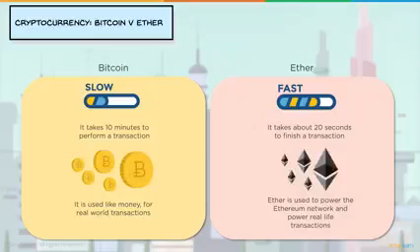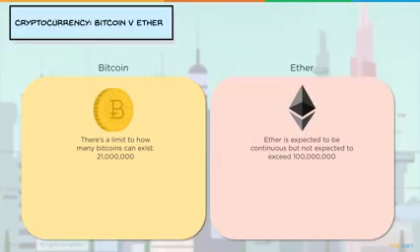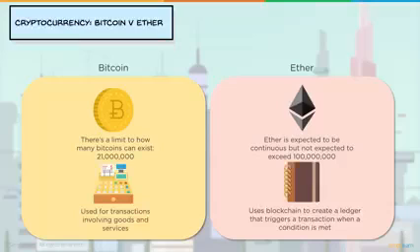Bitcoin is used like money for real-world transactions, and Ether is used to power the Ethereum network and real-life transactions as well. Ether is used as fuel within the Ethereum network to power both of these things. There's a limit to how many Bitcoins can exist, which is 21 million. We're supposed to hit this number by the year 2140. Ether is expected to be around for a while, but not to exceed 100 million units. Bitcoin is used for transactions involving goods and services, and Ether uses blockchain technology to create a ledger to trigger a transaction when a certain condition is met.